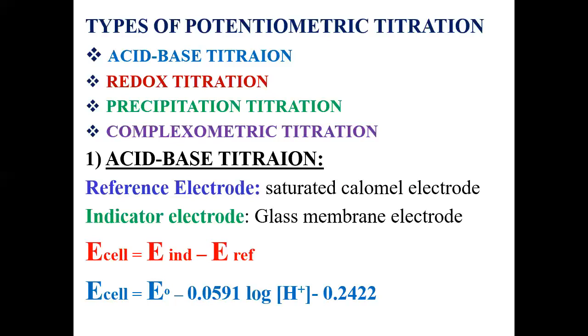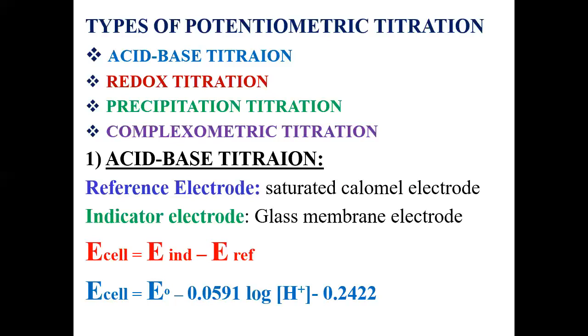If we consider there is a beaker and there is an acid solution of unknown concentration, and from the burette we add the base solution, then the neutralization reaction takes place in the analyte solution, and at the end point there will be a sudden change in the pH of the solution. And dear students, as you already know, we have also performed different types of practicals in our laboratory about this acid-base titration.